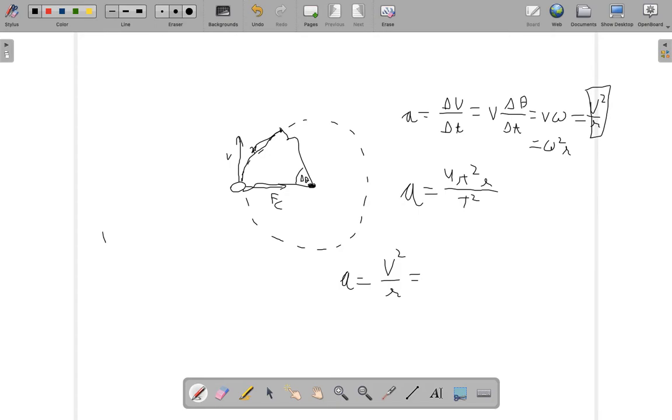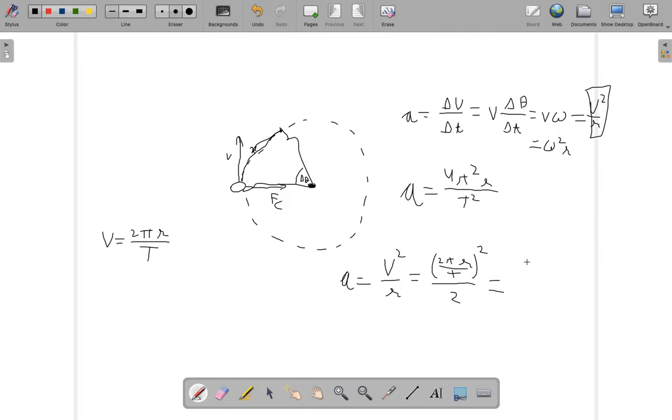Now we also know that velocity equals 2 pi r over T from earlier. Now let's substitute this in. So we've got 2 pi r over T, squared, divided by r,